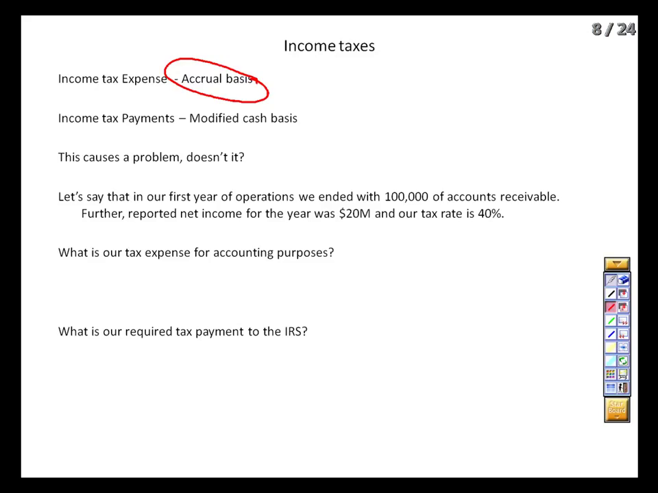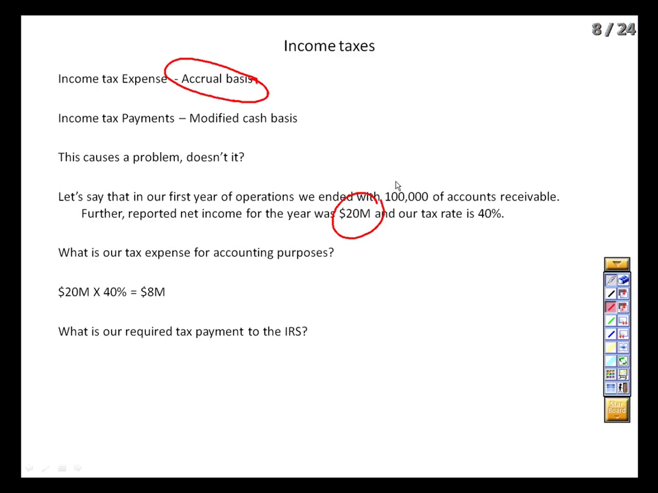An easy way to see this would be with receivables. Let's say that this is our first year of operations, and we end with $100,000 in accounts receivable. Now, for accounting purposes, we know that when we debit accounts receivable, we're going to credit revenue, and that revenue shows up on the income statement as net income. But the IRS said, no, that's not taxable revenue since you haven't gotten paid yet. What does this mean to us? Well, if we had pre-tax net income of, say, $20 million,